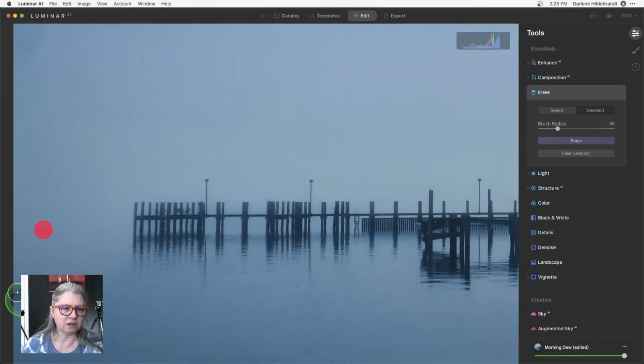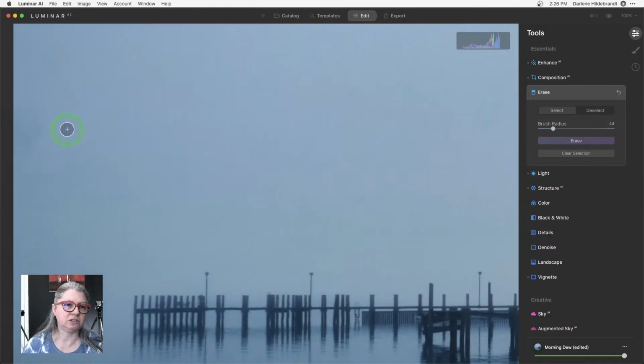I'm going to erase the duck. And I'm going to erase this stick. And I try and do a couple of things at a time with the erase tool. Don't do too much. Let it think about it. If you do 10 different spots and it does 8 of them great and 2 of them are a miss, you have to undo. Okay, so if you don't like what it's done, just undo. But don't do too many at a time.